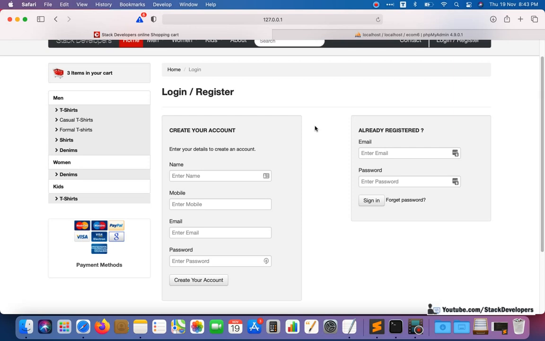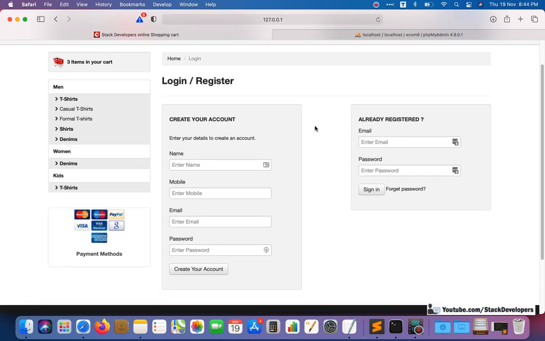Okay, so see, the SMS API that we want to integrate, we can use for a number of things here. When the user registers to our e-commerce website, we can send an SMS to every user, welcome to the website, avail offers, such kind of SMS we can send to the new users. And also when the user places an order on our website, again we will send an SMS to the user as well.